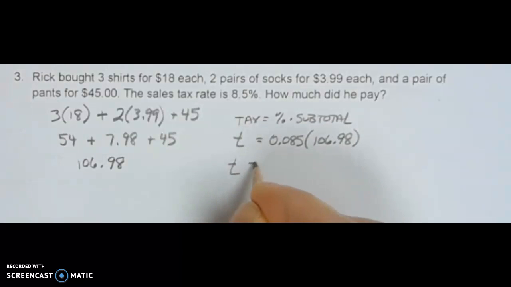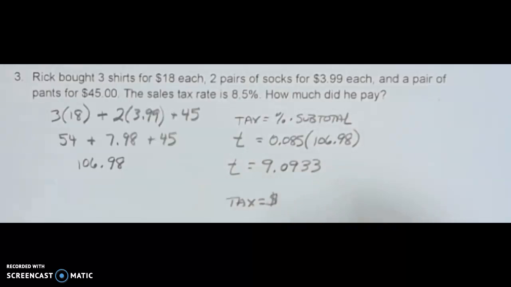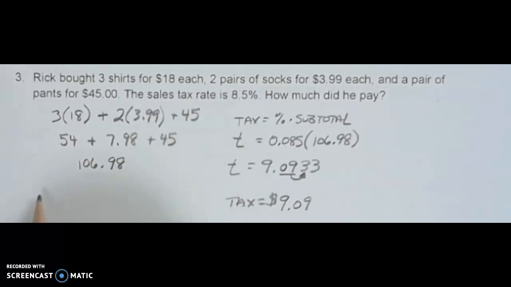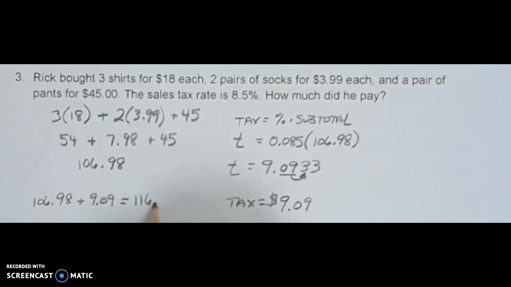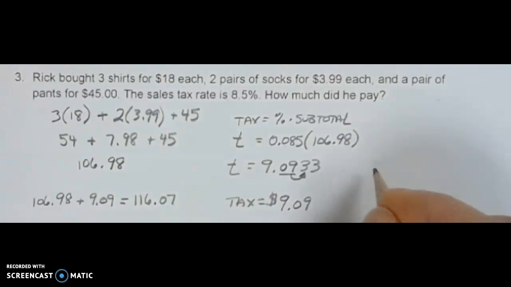So when you go ahead and you multiply these two numbers together, that's going to give you a decimal of 9.0933. But again, this is tax, which is money, so we've got to round this to the nearest hundredth. It looks like 9 hundredths. That 3 is not enough to round us up, so our tax is going to be $9.09. Okay, so we need to remember now that tax gets added on to the subtotal, so we'll take that